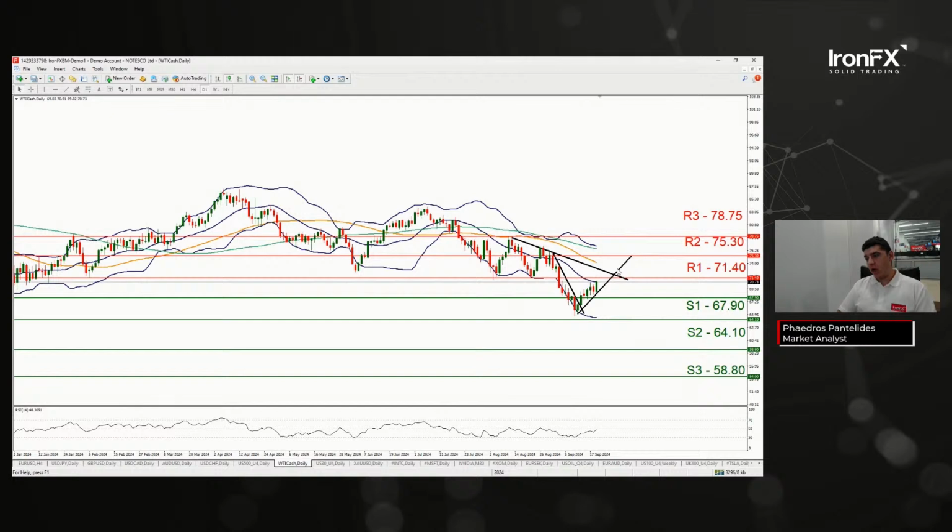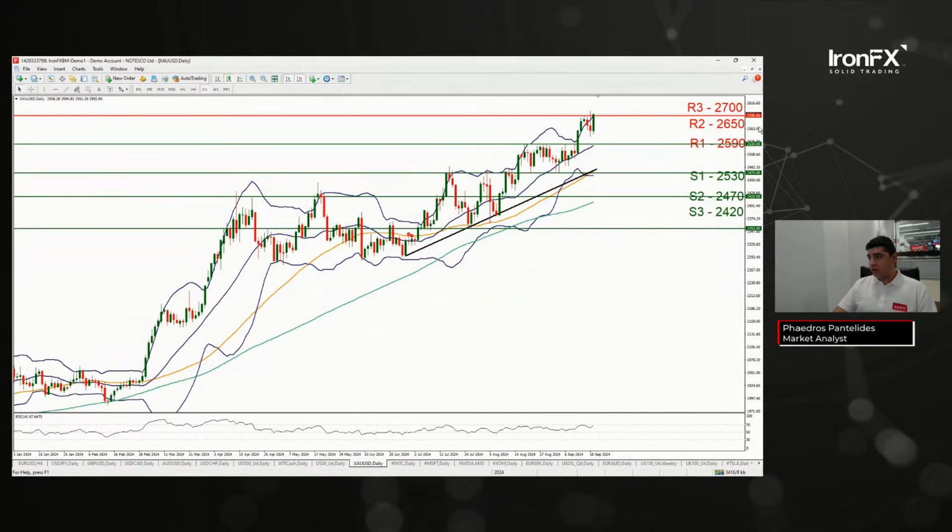The RSI is currently on 50, but we do have an upwards moving trend line. And if it does clear that R1 resistance line of 71.40, upon which we had this descending triangle as well, note first, a second touch, but we did have lower highs and then broke below, which we had mentioned, if I'm not mistaken, a couple of weeks ago. If it breaks above R1, bullish outlook, upwards moving trend line, RSI breaking above 50 would also support that hypothesis, but we do need it to break above R1 for our bullish outlook to be maintained.